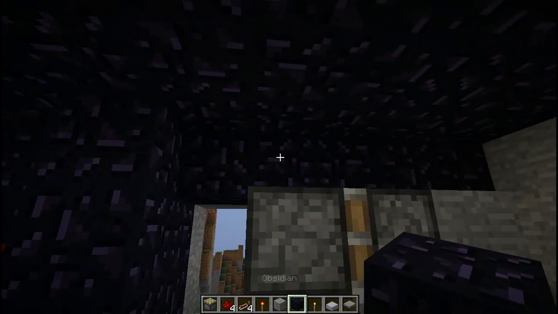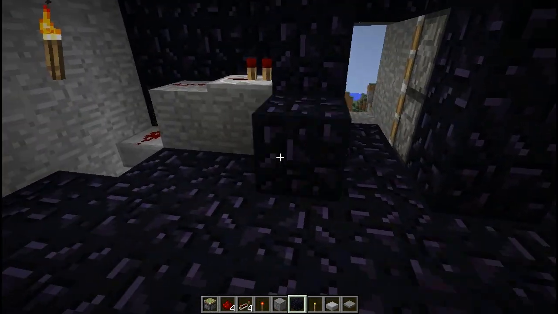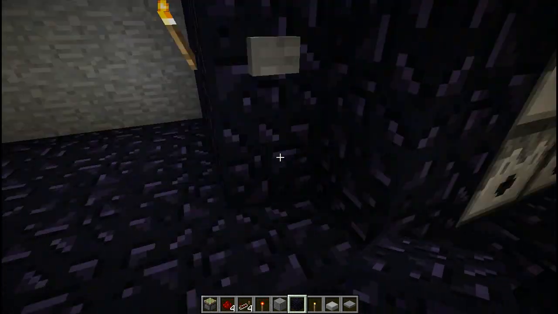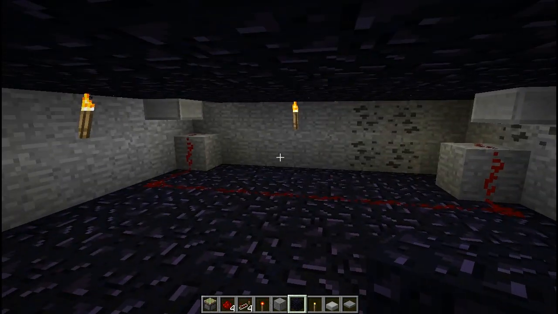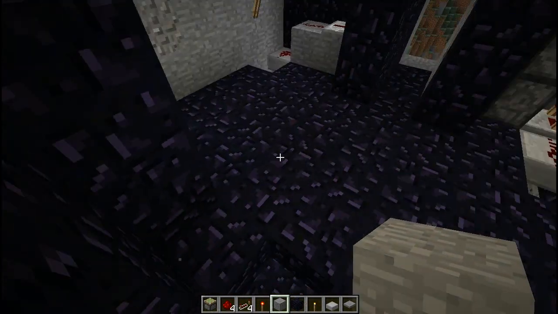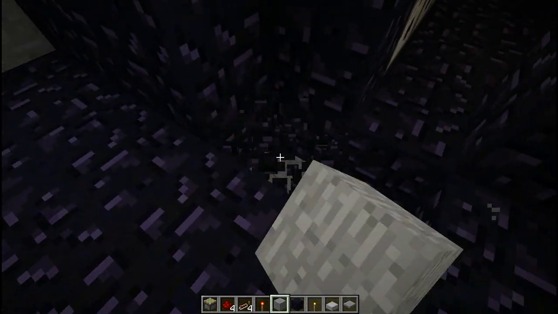So now we can just kind of make a little bit of a walkway here. Just help cover it up a little. And we'll expand that further later. But for now, we're going to want another access down into here. So I'm just going to punch another hole right there,